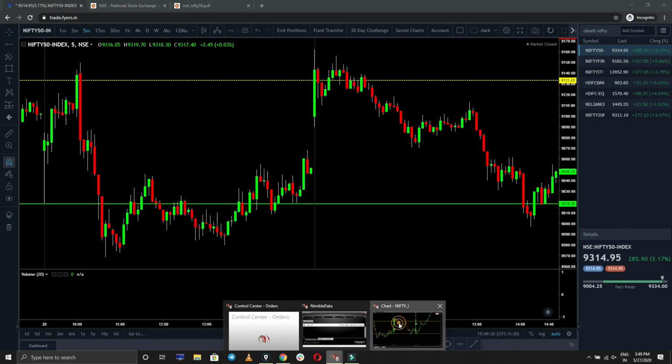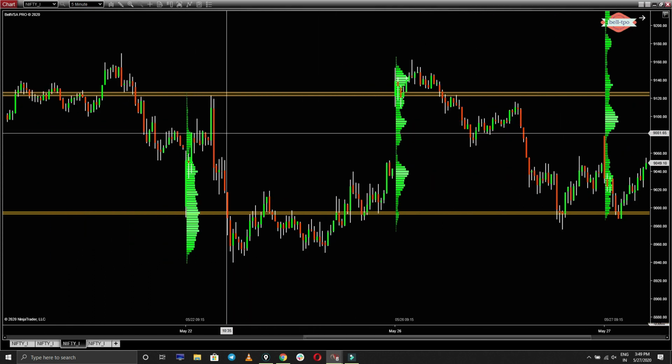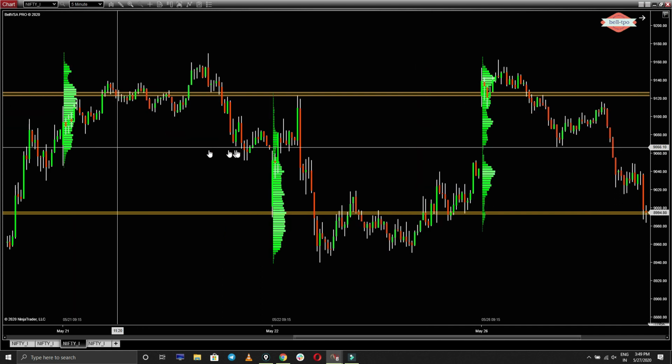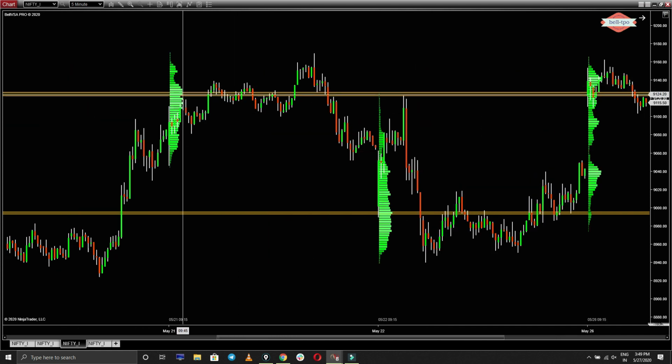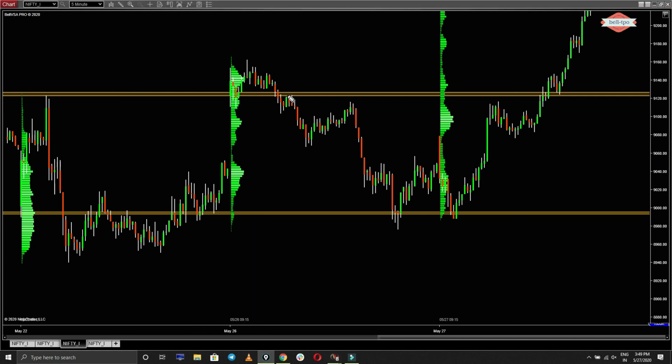Now let's go to the volume profile. For volume profile, please don't purchase it; you'll get it free in AmiBroker, you just need to purchase data. Here we can see a few days back there was a big volume exactly there, and that sector was also showing sell. Almost 50% of the sector is negative and it's showing sell. You can sell here and put the stop loss somewhere here, and you will get a good movement.